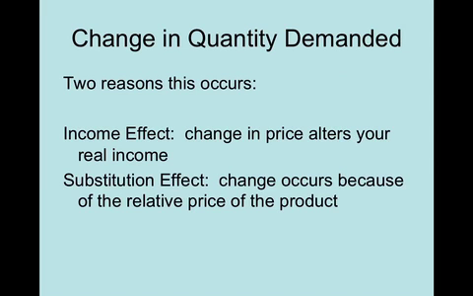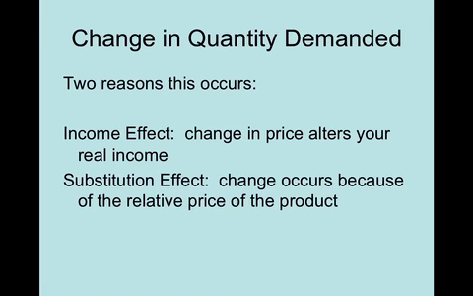First is something called the income effect. One of the reasons that we're willing to buy more of something is because when that price drops, it alters your real income. You start thinking about staples, products that you have to buy. Food is probably the easiest one. So let's say bread, like you like toast or something. If you buy toast or bread every time you go to the store, and the price of bread drops significantly, that changes how much income you have, because you've allotted some of your income to go towards bread.